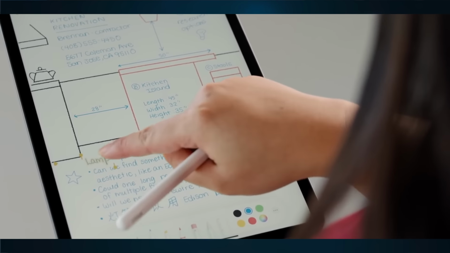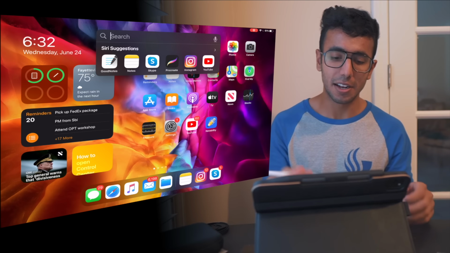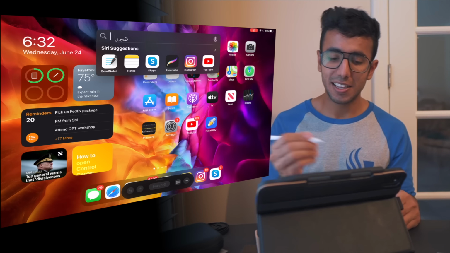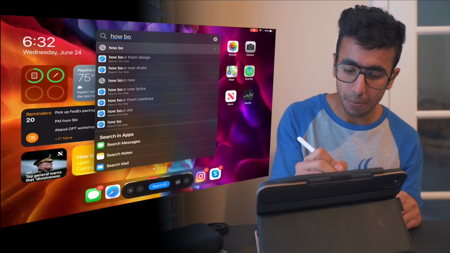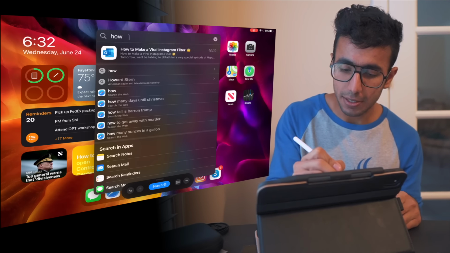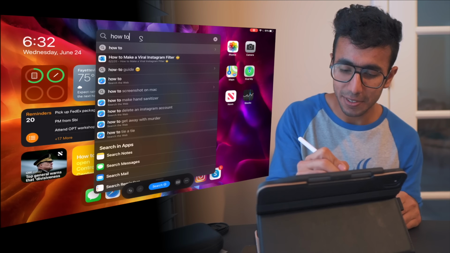So let me walk you through it. So let's say that I want to search something. Earlier what used to happen was I was supposed to either use an external keyboard or on-screen keyboard. Now I can do everything I want just using this Apple Pencil. So let's say that I want to search, let's say, how to scribble. So I can simply write with my pencil and I can cut if I make a mistake. How to